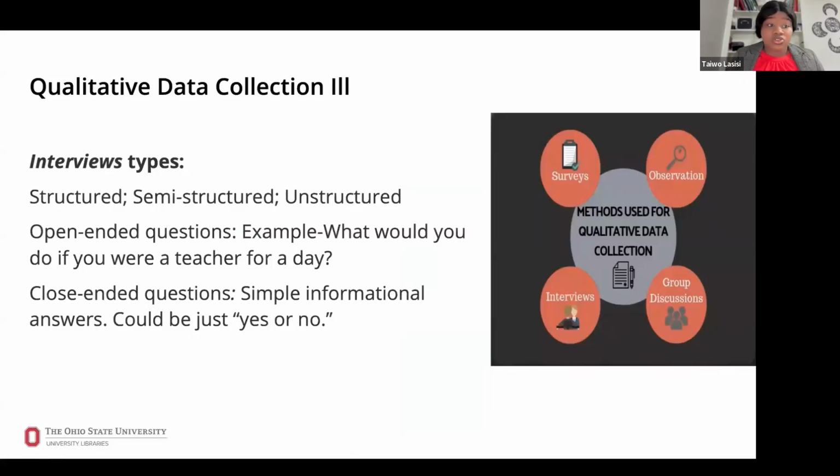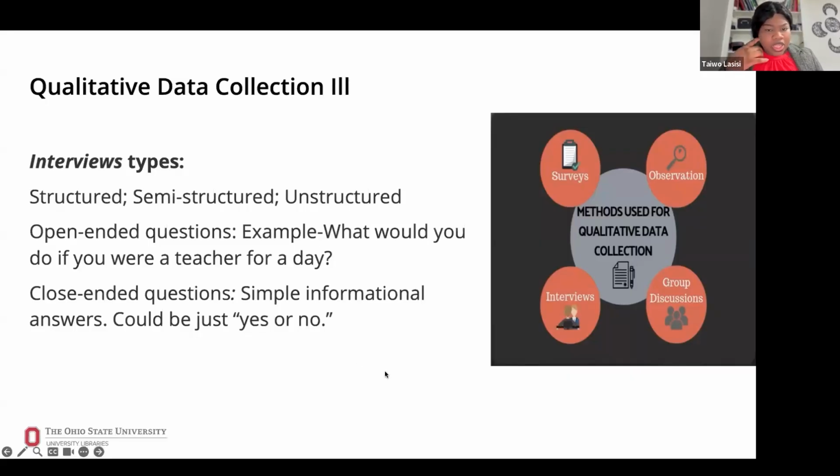you can think of structured, semi-structured, and unstructured interviews. Semi-structured means that you can have sub-questions. You can open up your questions and ask them in different ways, and they are not rigid. But structured interviews are very rigid. You have to ask it the way that you have put it down, because that might determine the impact of your analysis, I mean, your discussion section in your write-up. So just know what you want to do,